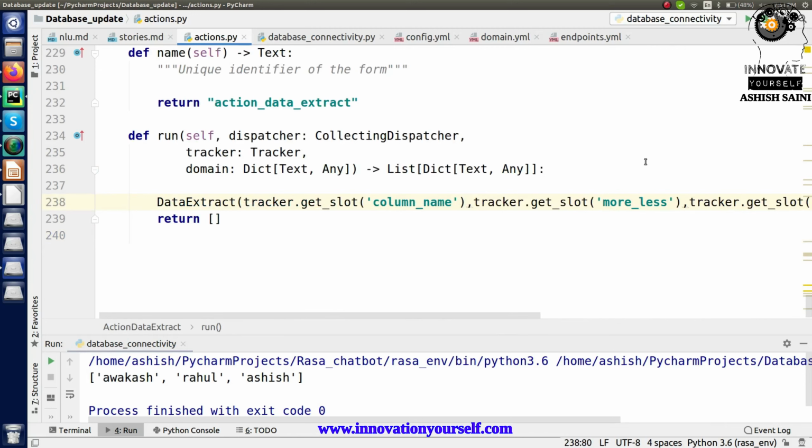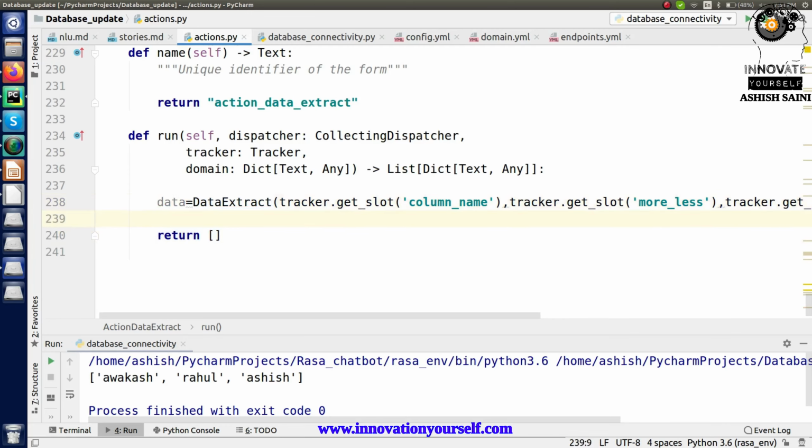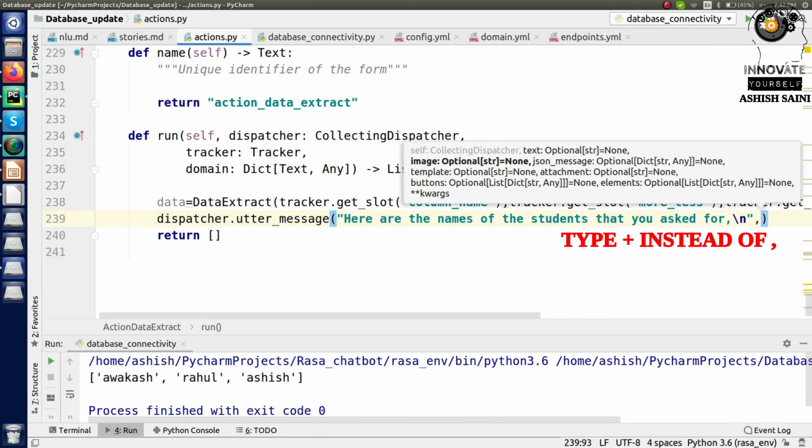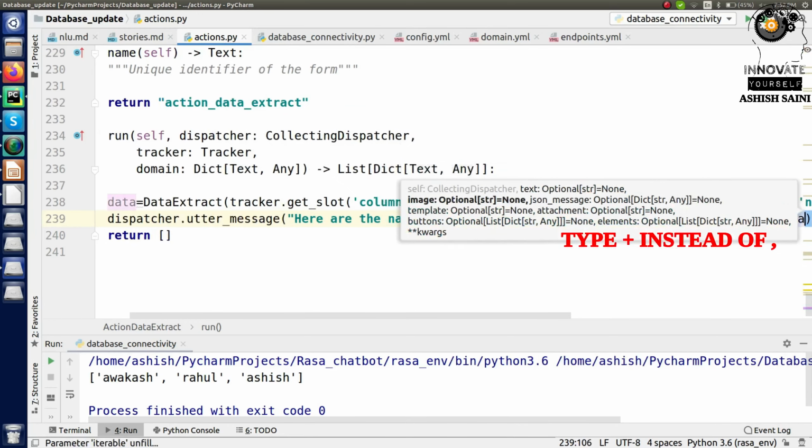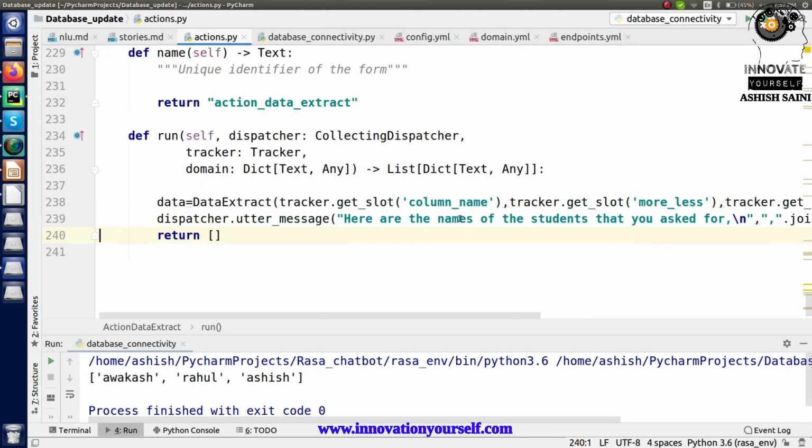Whatever information I'm having right now, I'm going to just use this information and display it on the front end part, right? So this is all that I'm having. The last thing which is left on my end is to just call this dispatcher to display the message on behalf of your chatbot. So just mention it here. Alright, so everything is done on my end.